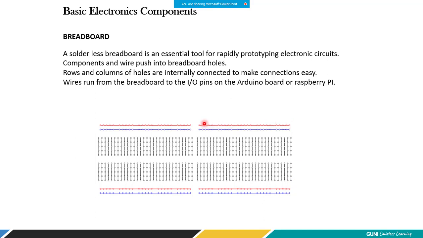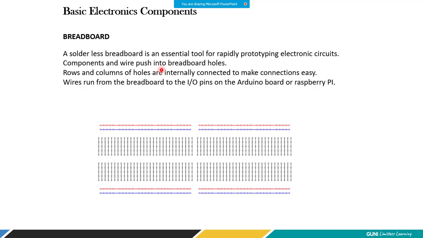For example, let's say I'm looking at plus 5 volt. Then I will give a plus 5 volt from some board, for example a Raspberry Pi board or Arduino board, here. Then I will get plus 5 volt on all these terminals because they are connected internally. I can also extend the ground by just giving ground here, and I will get the ground signal from all these holes, right? I hope you are getting it. So what the breadboard does is allow you to make the circuit for a temporary purpose, to check whether your connection and your circuit are working or not, and later on you can always migrate to the PCB.